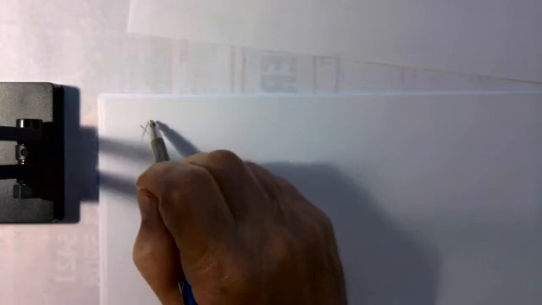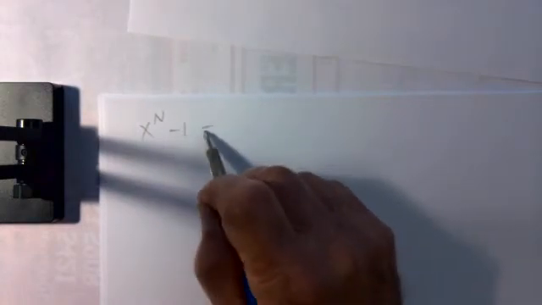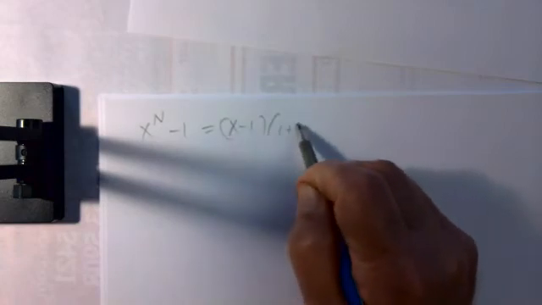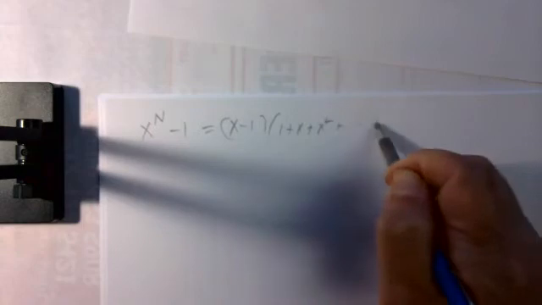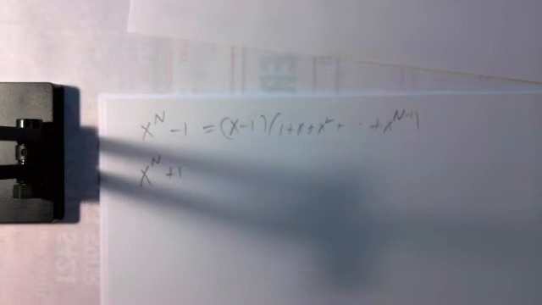So let's see, what is it that we're supposed to know? You know that x to the n minus 1 always factors. Right? So x to the n minus 1 always factors, but x to the n plus 1 doesn't always factor,